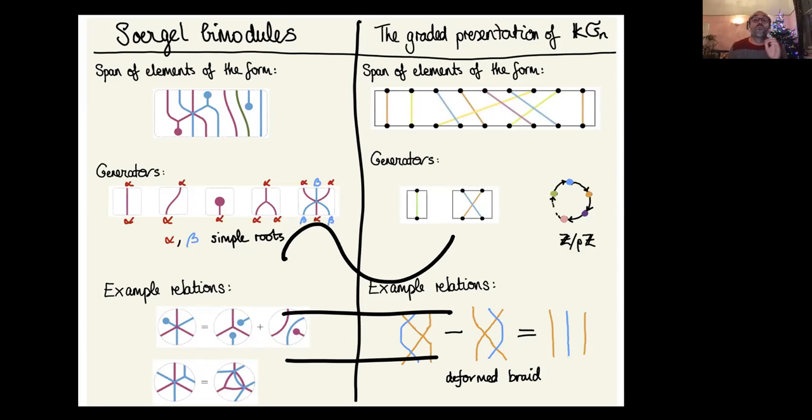And there was one more thing I wanted to point out here. The word I haven't used here, so this is just an aside, maybe for people who aren't familiar with this whole setup. This Soergel bimodule world is sometimes called the diagrammatic Hecke category. And so you might be like, oh, why are you telling us that the Hecke category is isomorphic to the Hecke algebra? That seems like a non-theorem. But the point is that there are always two Hecke things turning up in any